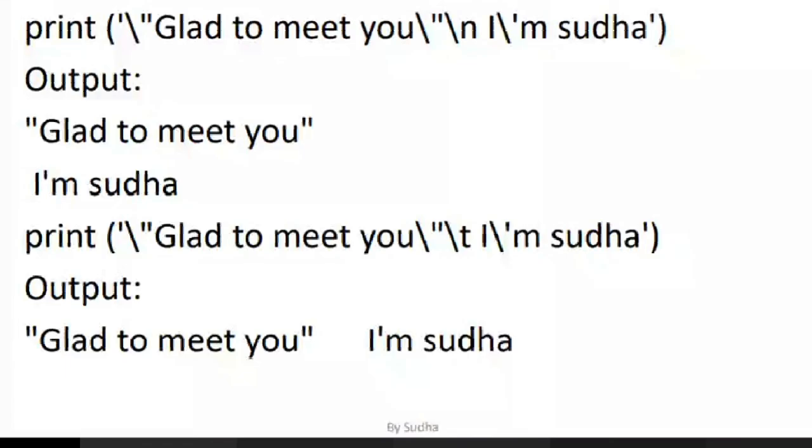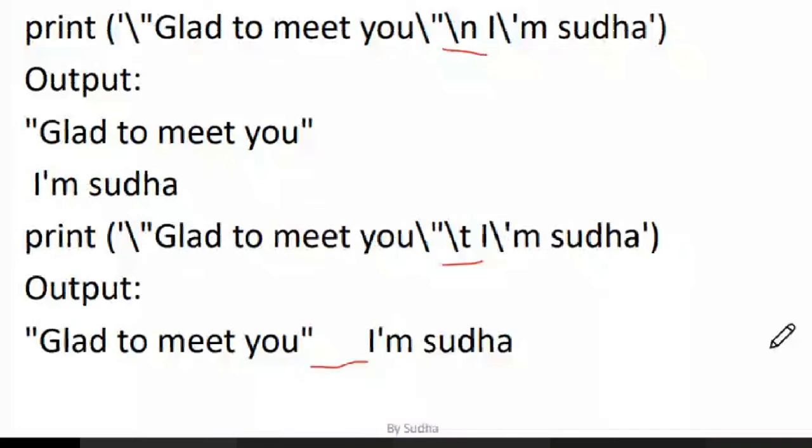Say I'm saying backslash, slash. This is what I have shown you. So I'm saying slash n. Glad to meet you, and then I'm saying n. What happens is it gives me the output in the next line. Again, I'm saying glad to meet you, and then I have a backslash t. So I'm putting a tab over here, which is 8 columns wide, and then it is saying the rest.